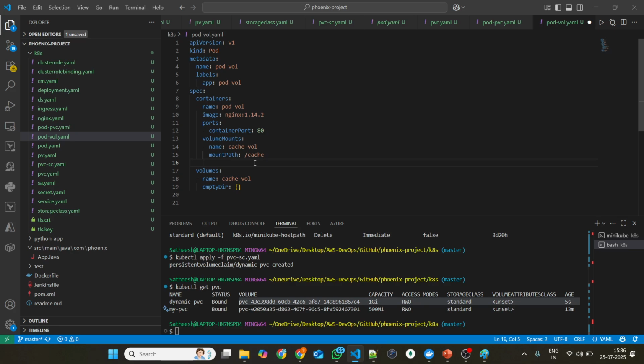I have installed some extensions, that's why it's giving suggestions. If you see how the volume is going to look, I created an emptyDir inside the container. I created a volume called cache-vol, and it is of empty directory type. Inside the container, it's going to be mounted on the slash a folder. So if I try to create this,